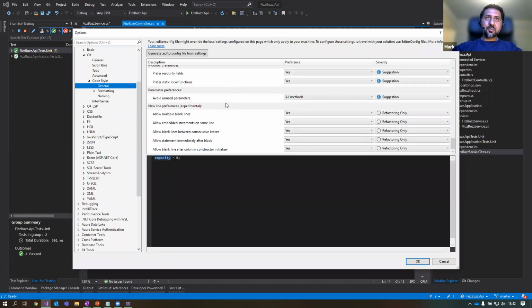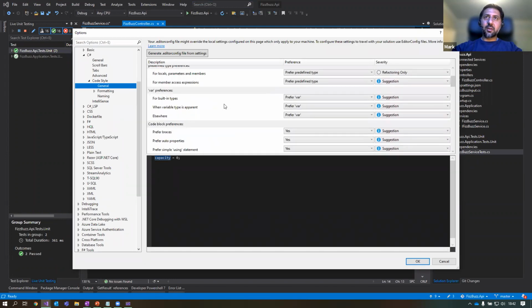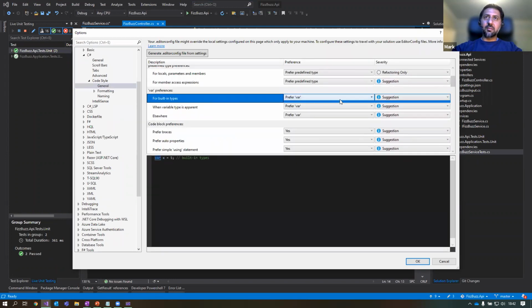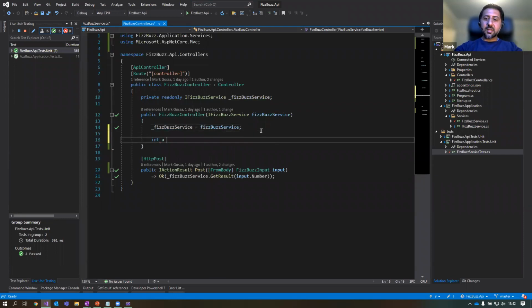It might be that there is one around using the var prefix versus the explicit type. I prefer var, so I've just set it that way. So if I've got int a is equal to 5, then it would change that int into a var.